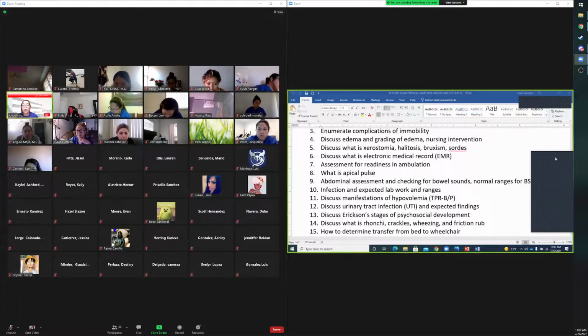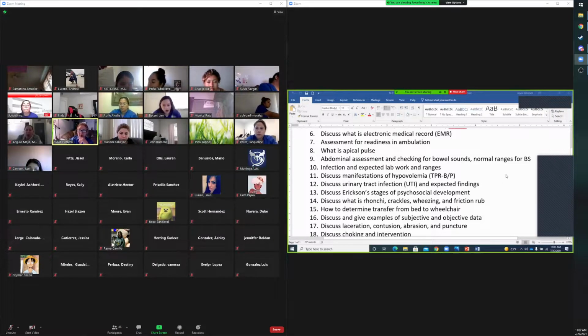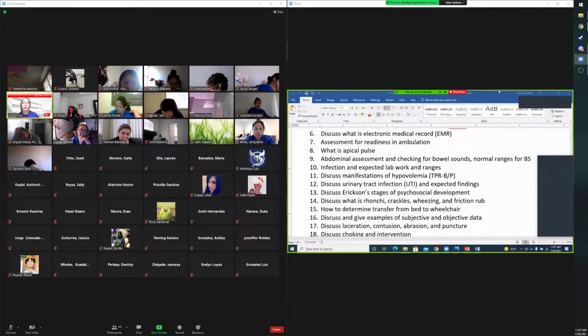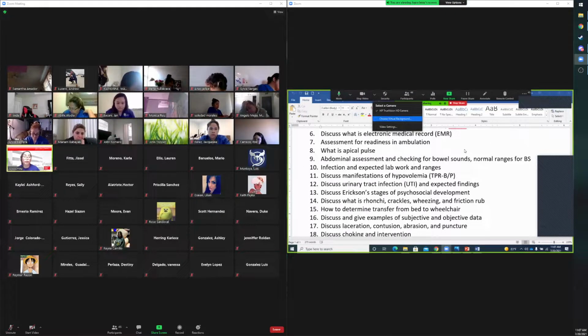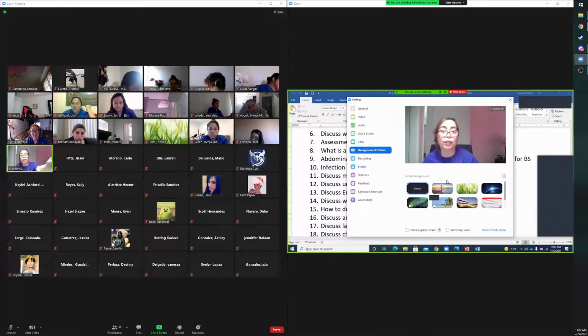Abdominal assessment, huh? I have a question. Does it have to say pulse obtained from the fifth intercostal? Everything about apical pulse you have to know. No, but does it have to say that it's from the fifth or just from the left side? It has to be, because you have to locate. How can you hear the apical pulse if you don't know how to locate?